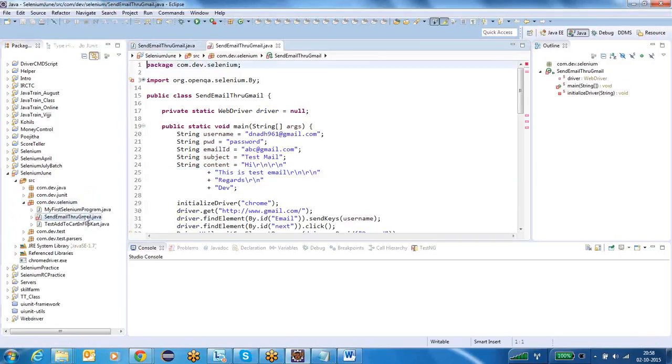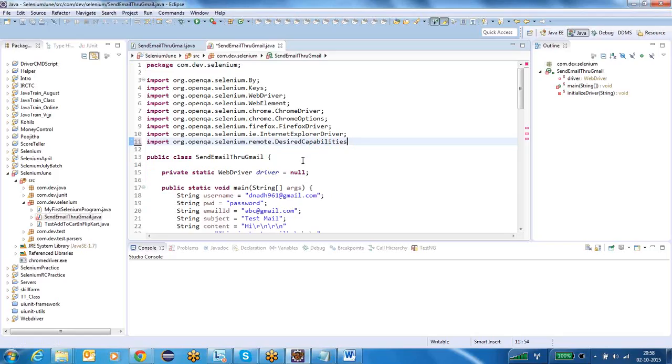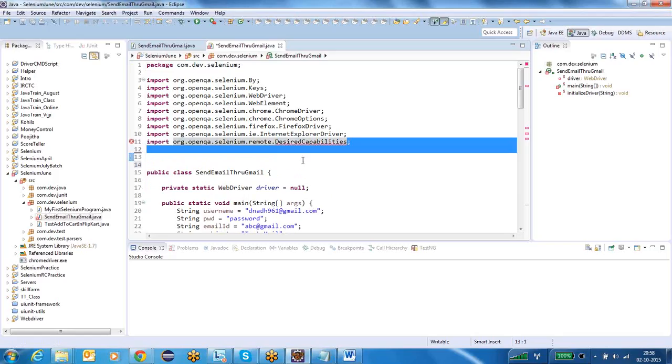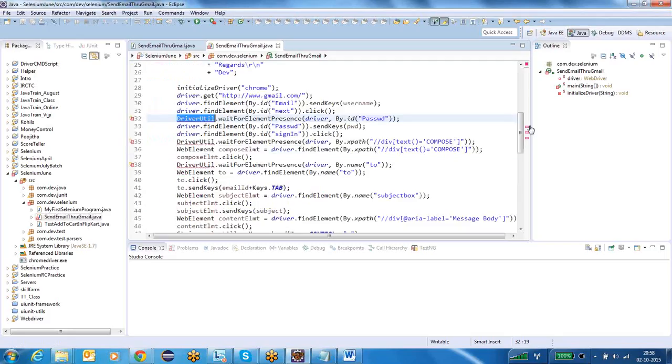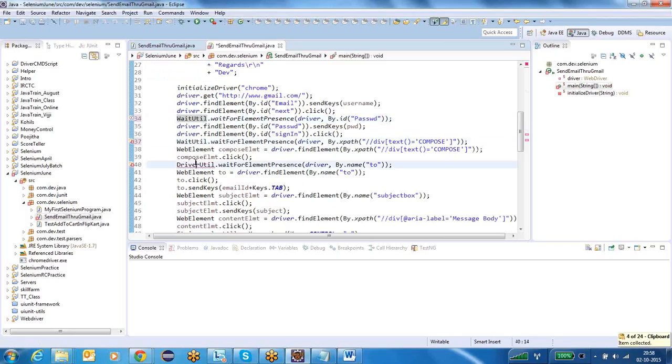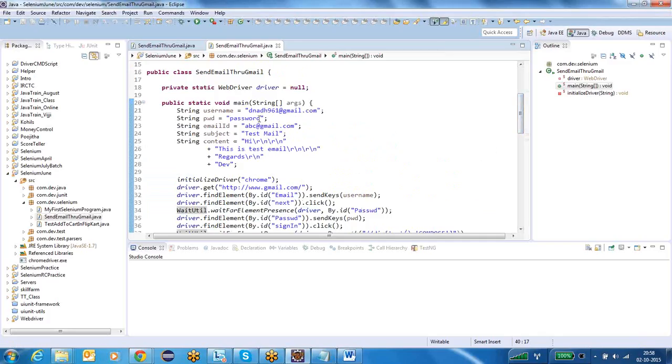In our project we'll keep it. So to send the Gmail,